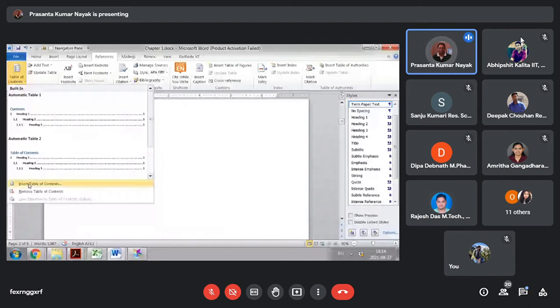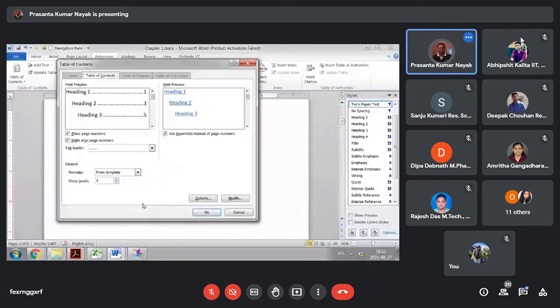So what I will choose is Insert Table of Contents, second from last. If you click that it will open this dialog, and the only thing you have to change here is the levels. How many levels have we used, up to heading 3 or heading 4?